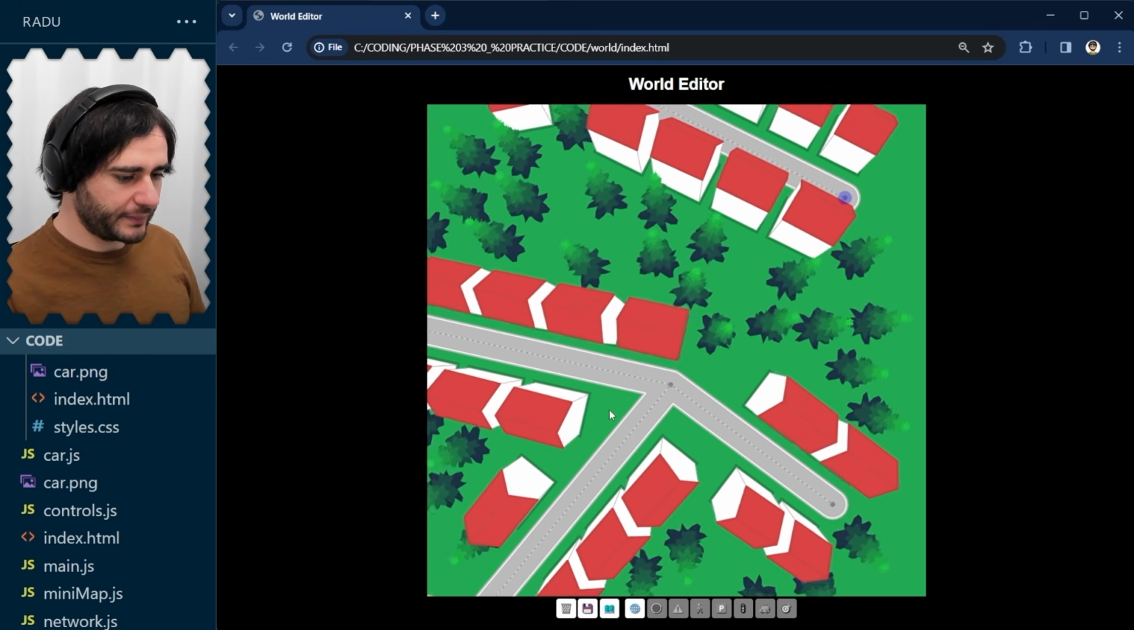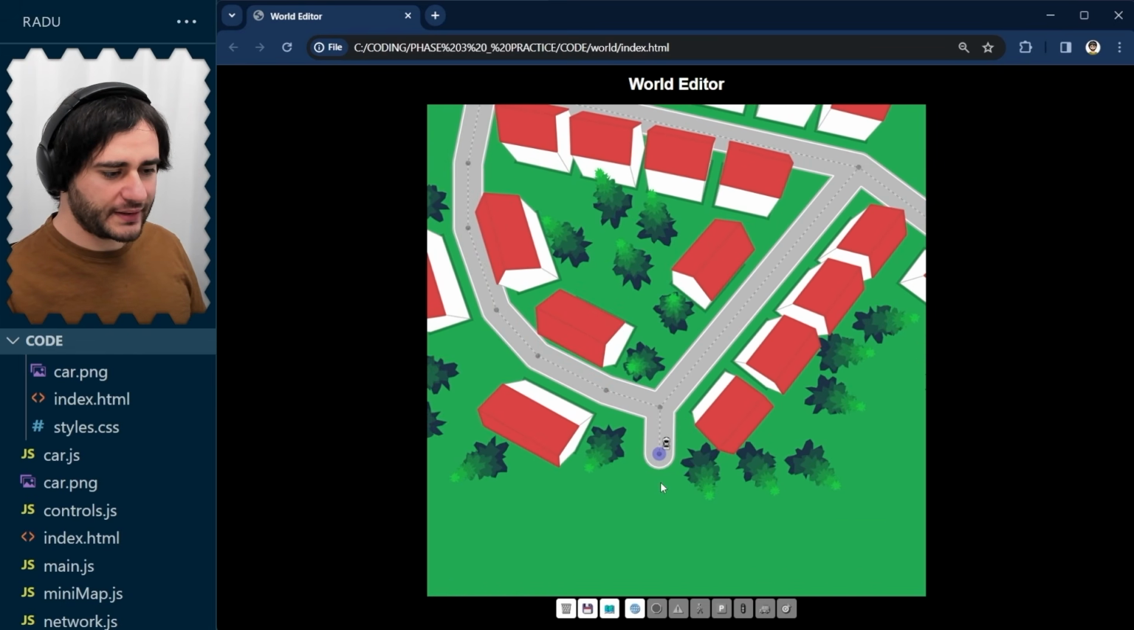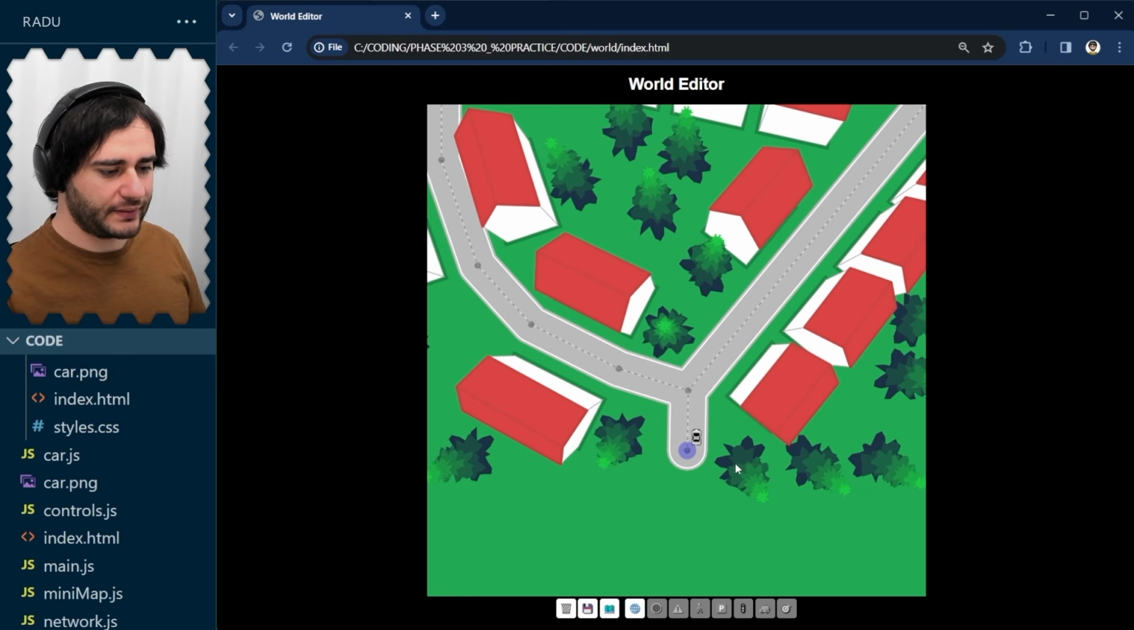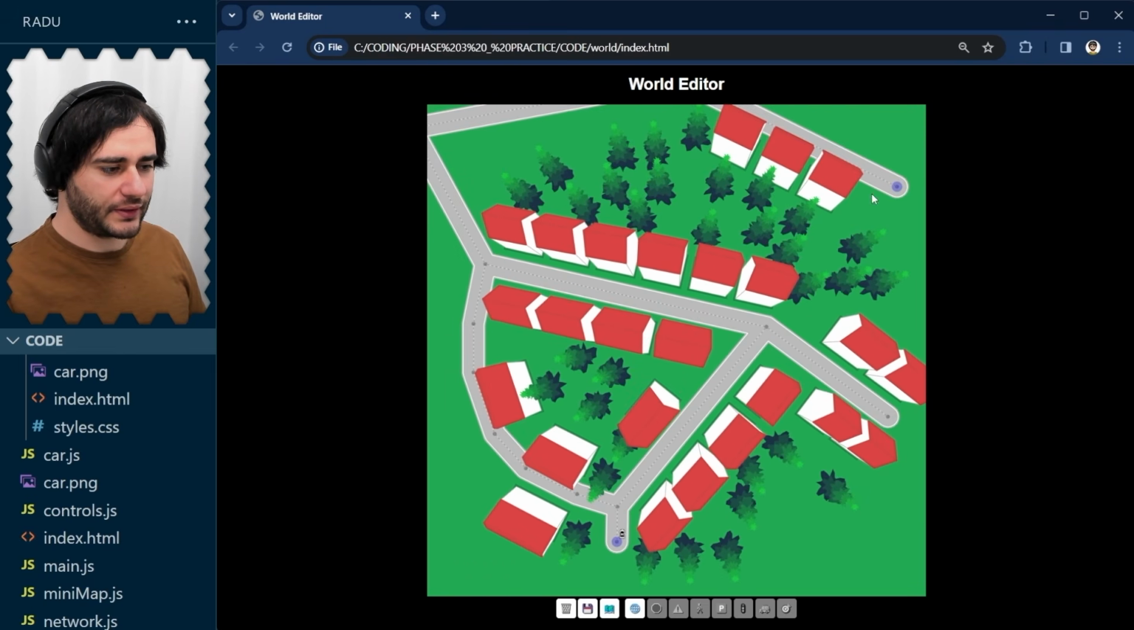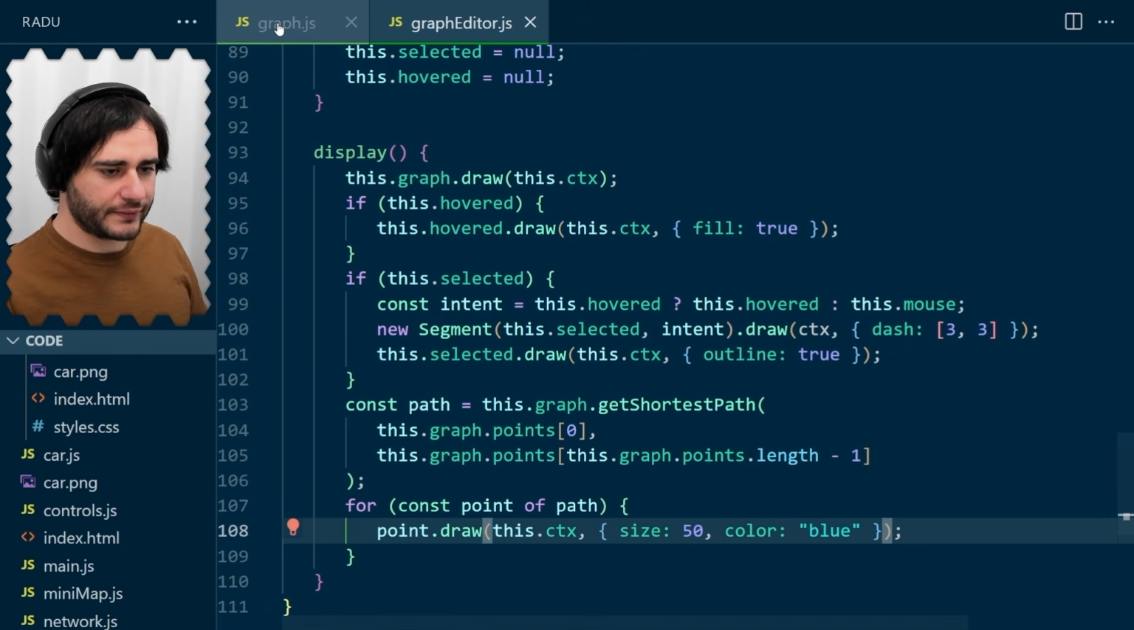So the algorithm works by expanding, starting to expand here at the start point and growing and growing and growing until eventually reaching the endpoint. Let's start this expansion from this start point and see if we can get to this other point here. Going back to graph.js,